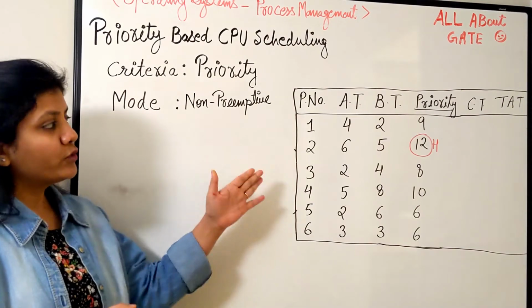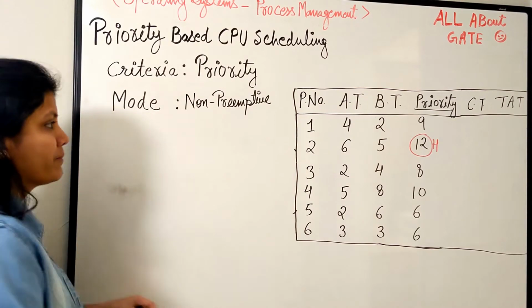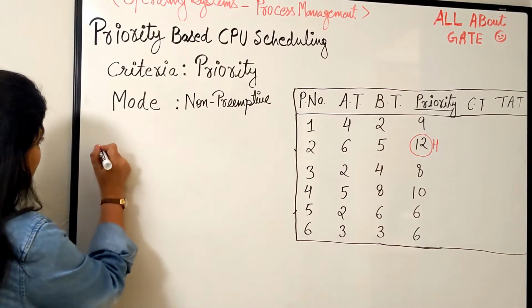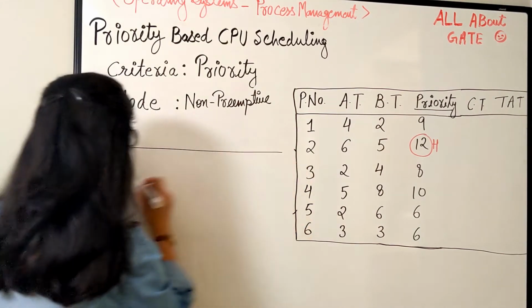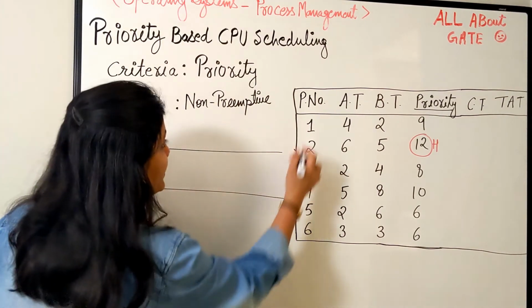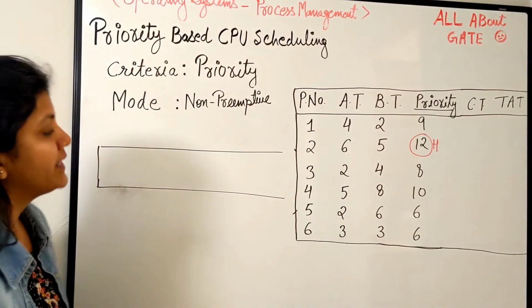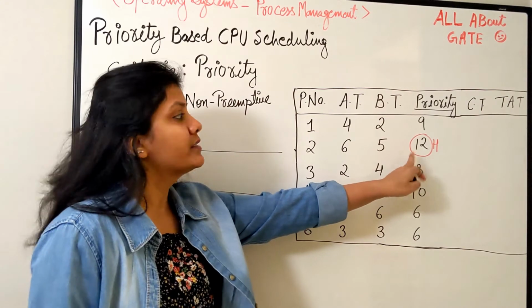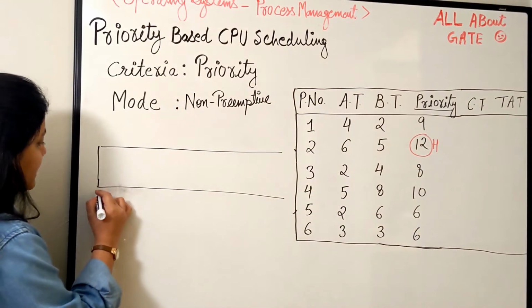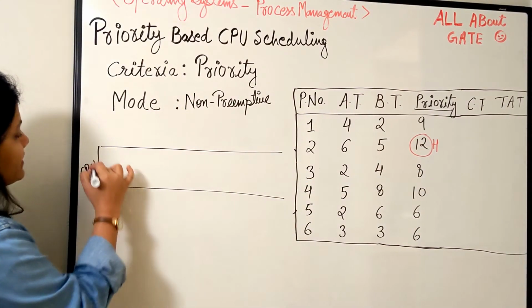Alright, so let's quickly do one more question so that you have more practice over it and you have more data to discuss. So here we have again processes 1 to 6 with their respective priority, and I have marked that the higher number is the highest priority. So we have time 0, and here is your CPU. So let's have the Gantt chart.